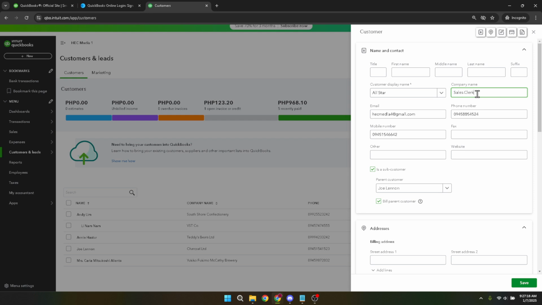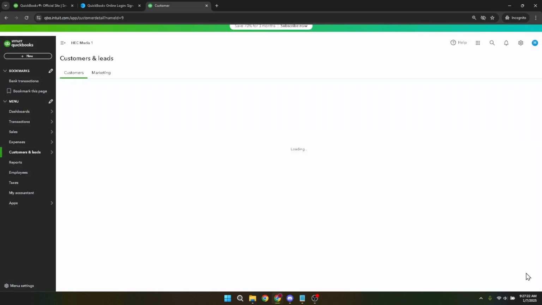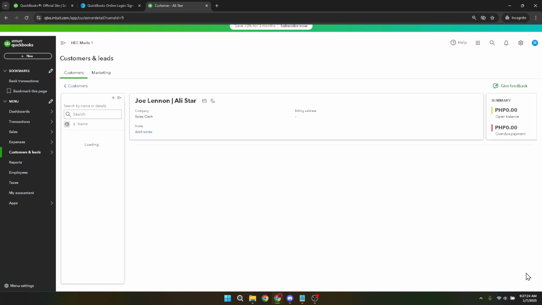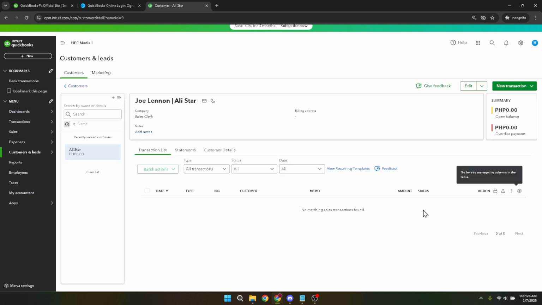Finally, with all the necessary details filled in, the last step is to click on Save. This action securely stores all the information you've just entered, making it available whenever you need to reference or modify it in the future. Saving this entry not only confirms that a new job has been successfully added, but also integrates it into your tracking and reporting systems within QuickBooks. And there you have it, you've successfully added a job on QuickBooks Online.